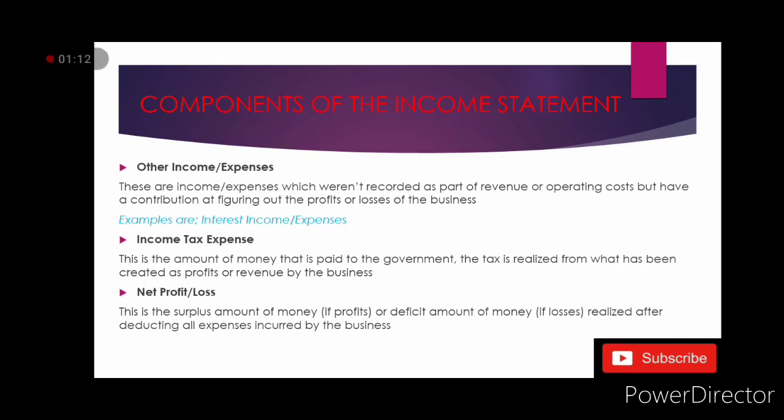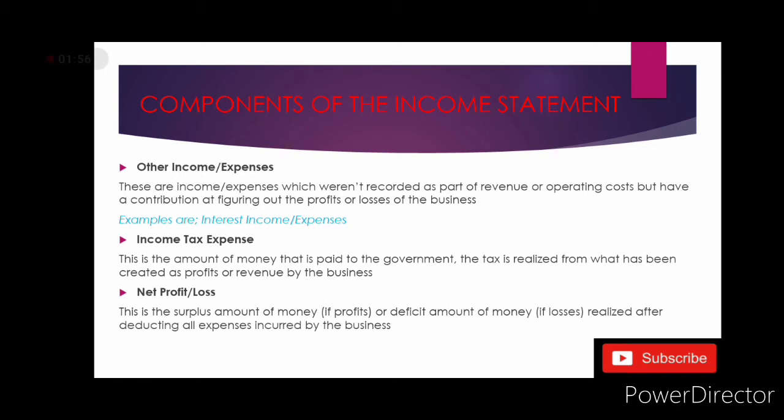Now, the interest income is basically money that a business gets in scenario one, if it lends out money to another party, and then the other party has to pay the business back with interest, although the business's sole purpose isn't directly related to lending or matters of finances such as banks. That's case number one. Case number two is if a business had a certain amount of money in savings or in a bank account, and then the bank decided to pay out interest to the bank account. So then that amount of money that the business gets will be recorded right here.